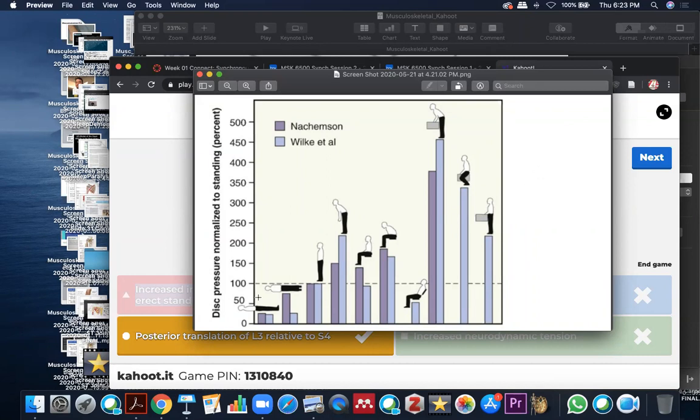And the lowest would be pretty much lying in complete supine. And also notice that if you go in extension, that takes even more pressure off. So extension, you're going to have less pressure relative to upright, and then even more in flexion. So flexion, you just get more pressure,